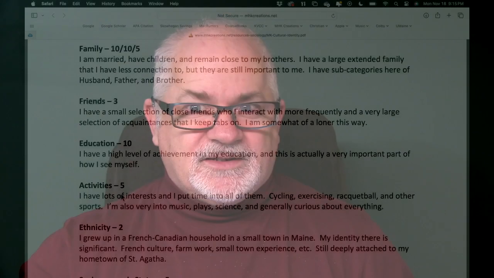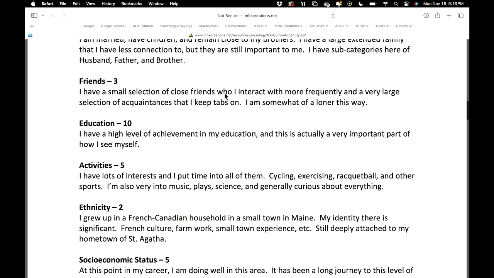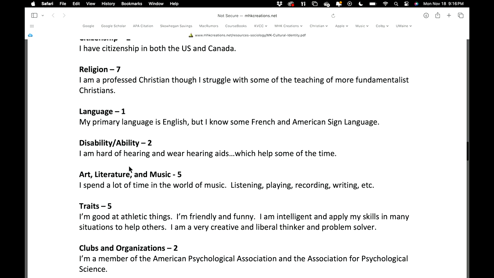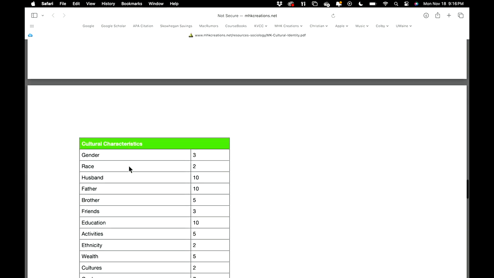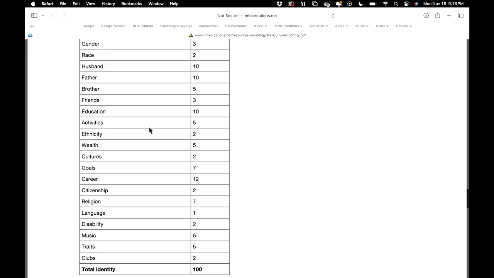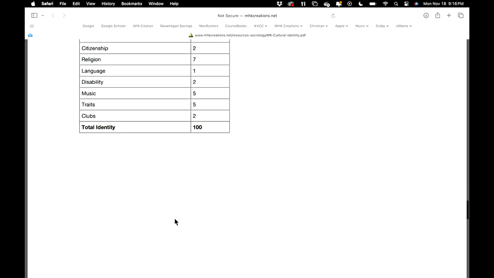So sometimes you get like 3 or 2 or something like that, just because they're all important, but they have different weights. So I go through each one of these, making a little statement for each one, and then ultimately I created a table. It's saying these are all the weights. I did this right in Excel, made a total column, and then in Excel you can actually select this whole table and create a pie chart.